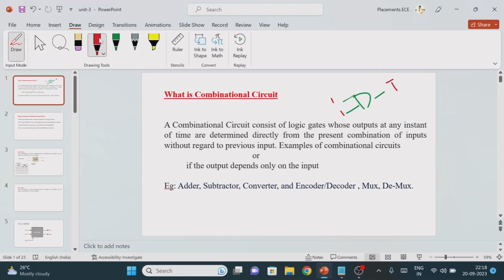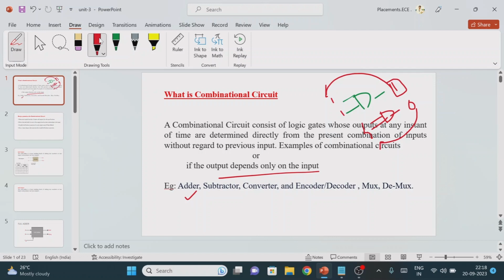See that this output completely depends upon the input value. Suppose you want to get the output 0, if you are not passing anything to the AND gate, you will not get any output value. Means the output which completely depends upon the input value is called a combinational logic circuit, right? So what are examples of combinational logic circuits? The adders, which we are going to design in today's class.